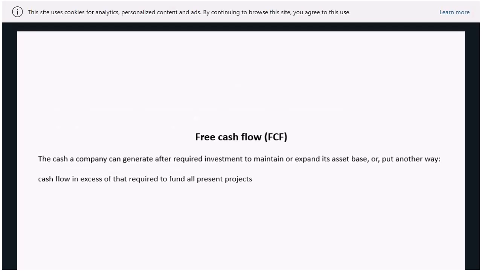So free cash flow is the third thing. That is quite important, and basically it's just the money that's available after they've done all the investing they want to do. And there lies the rub, because what are the managers going to do with it? They've got some choices, obviously. They can invest it in the business, which they prefer to do because it retains their power and gives them control, or they can give it back to the shareholders. And that's where agency theory and agency costs start to come in.